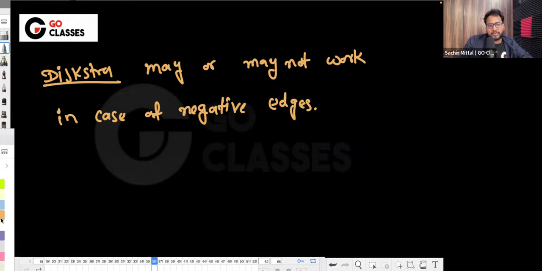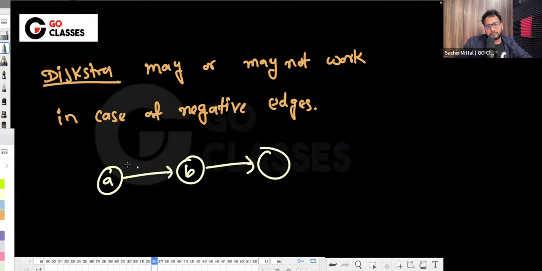I mean, it is not necessary that you need a negative cycle. For example, let's suppose, see here I do not even have the cycle, I just have the edges, right? There is no cycle here. Let's suppose this is 1, this is minus 5, this is 5, or maybe let's suppose this is minus 50,